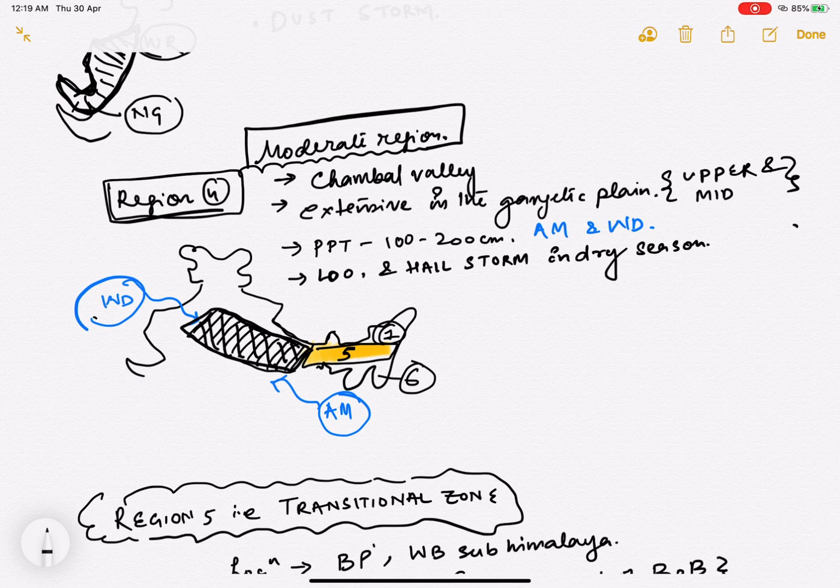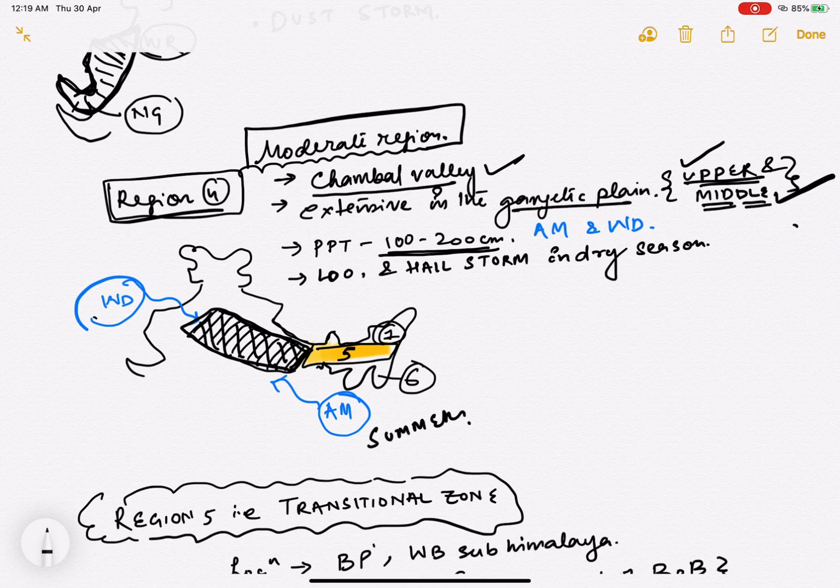Region 4, as you can see, is extensive from the Chambal Valley and the Gangetic Plain. Gangetic Plain means only the upper and the middle Gangetic Plain, not the lower Gangetic Plain. It includes the Chambal Valley, the upper Gangetic Plain, and the middle Gangetic Plain. Here, the precipitation amount is 100 to 200 centimeter. How? First of all, during the summers, it is the advancing monsoon, and during the winters, it is your